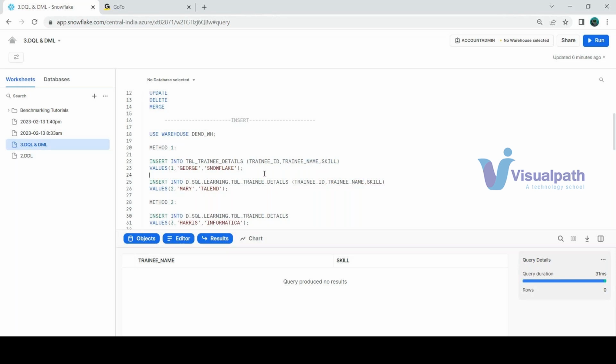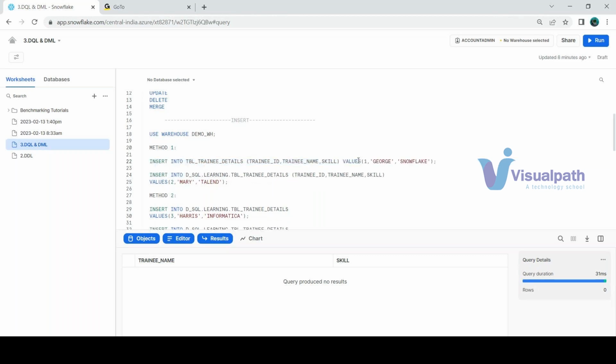Now what I will do, I'll just run this statement. So just selecting 2 lines. And one more thing, you can write this statement in a single line or in multiple lines. There is no issue. Just for understanding purpose, I have used 2 lines. However many lines you write, if you are ending with one semicolon, then it will treat this entire statement as a single query. So now if I run this command,